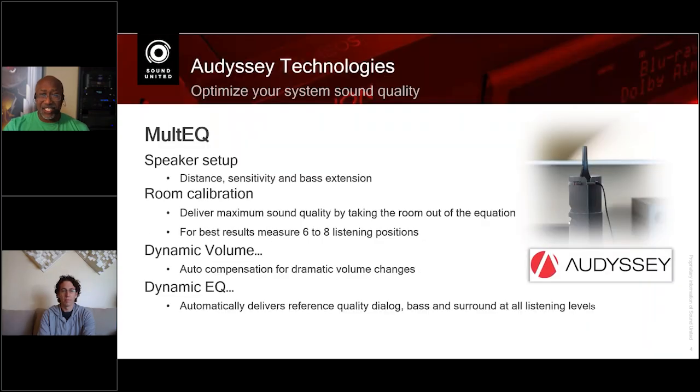Now, we're going to talk about all of the cool capabilities of Odyssey, but like I said, the room has a big effect on what's going on. And if you look at Jeff's room, he actually has acoustic treatments behind him. So Jeff, why do you have acoustic treatments behind you? Why couldn't I just do it with Odyssey and fix it? Yeah, there are a lot of problems that we can fix, and we can certainly make, I think, any room better. There are some things that are still going to be there even if you EQ them out.